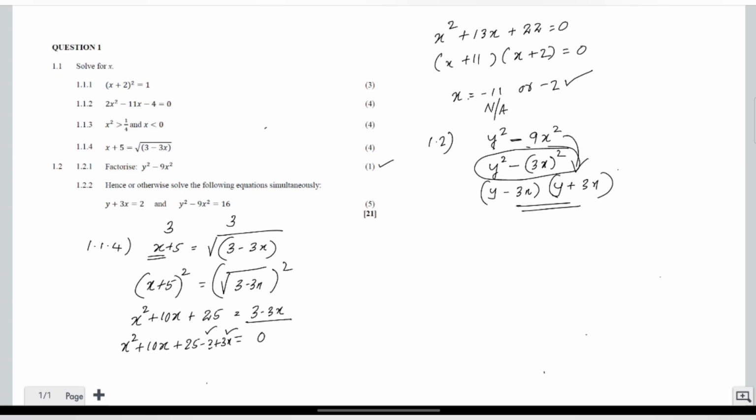Now 1.2.2, hence or otherwise solve the following equation simultaneously. You can do this one because you can just borrow the idea of the previous question, because did you see y square minus 9x square here also? So you can factorize it. Then one of the factors is going to be this one. So replace that one with the 2. You can do like that, but I want to use